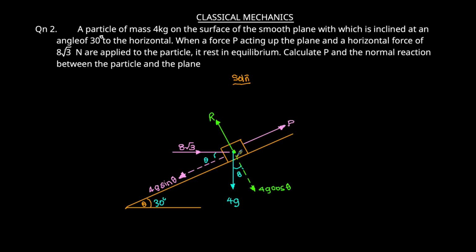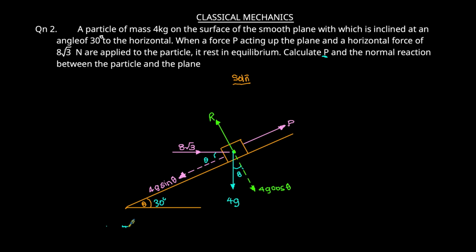Alright, I've summarized the question in this diagram where we have our P that drives this body upward, and R is the normal reaction to this inclined plane. So theta is 30 degrees and this angle is also 30. So this one is Z angle equivalent to 30 degrees. So let's get P. And for us to get P, we need to resolve this force and then this one, which is this one here, in the horizontal plane. So without wasting time,